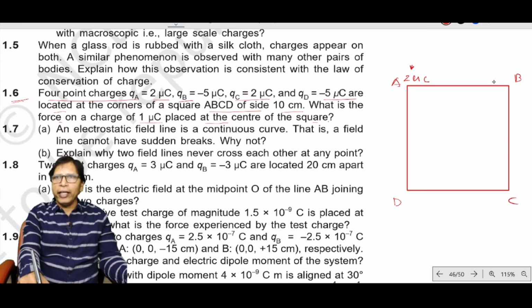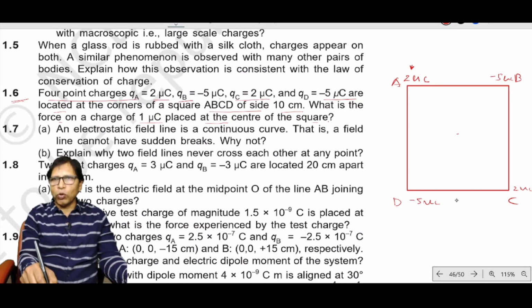QB is minus 5 microcoulomb. QC is 2 microcoulomb. And D is minus 5 microcoulomb. Now a charge placed at the center is 1 microcoulomb, and the side of the square is